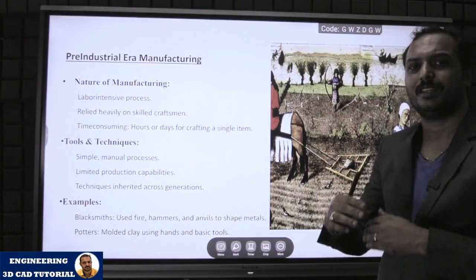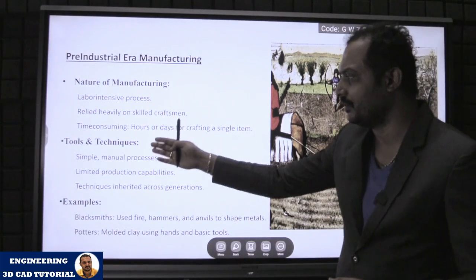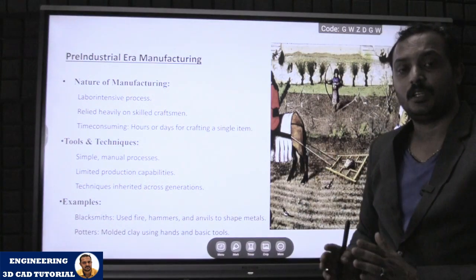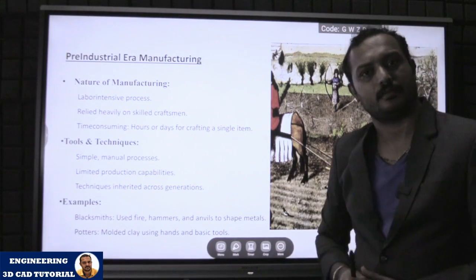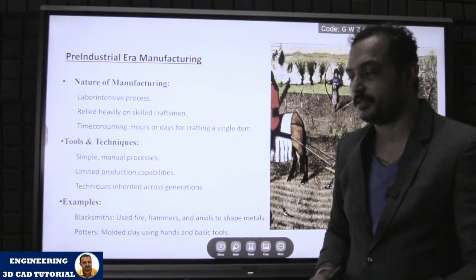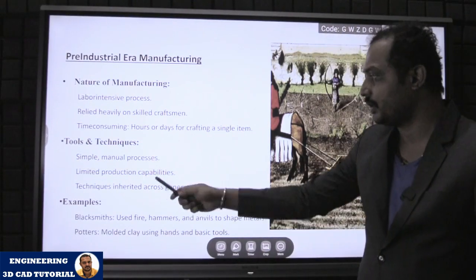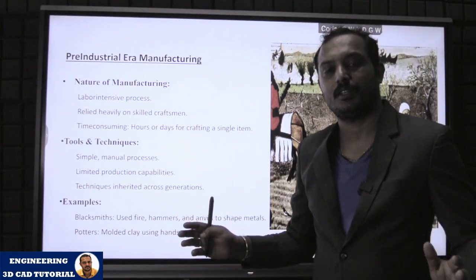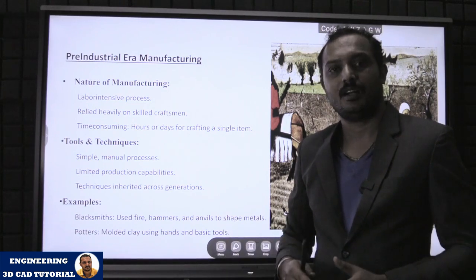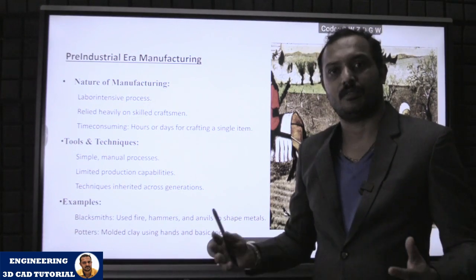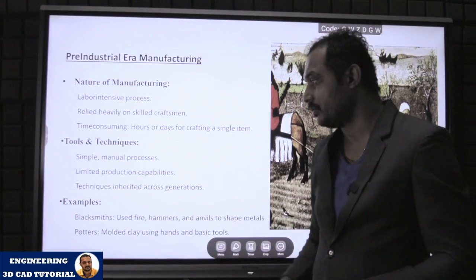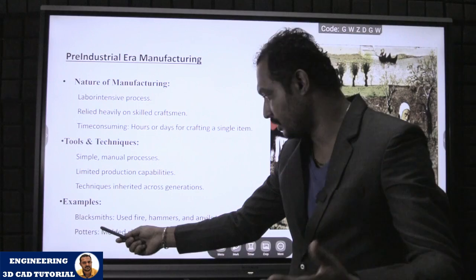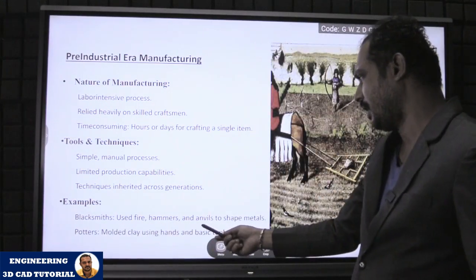In that way, generation-based skills developed, because before industrialization, technology meant a skilled person who knows and can perform. So that's how the tech skills were not distributed in an equal manner, and the world suffered from that. Moving forward, if you take the example, as I told earlier, a blacksmith used to fire hammers and